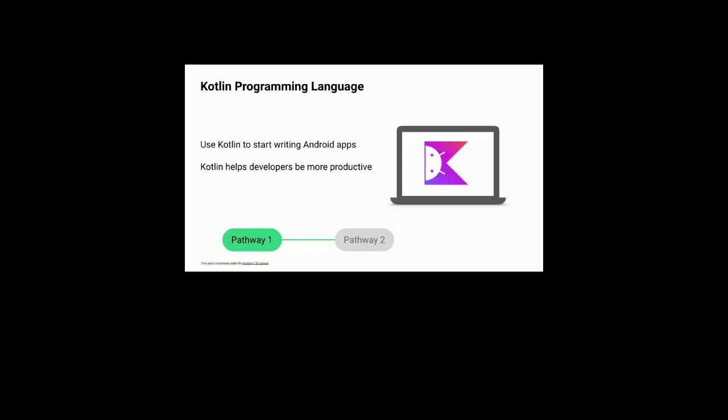So in this course, you will be learning how to code in Kotlin. Kotlin is a programming language that you will all use to build Android apps. Kotlin is a modern and popular programming language known for helping developers be more productive. Earlier, Java was used, but with Java there is plenty of code to write. So Google introduced Kotlin as an official programming language to develop Android apps.